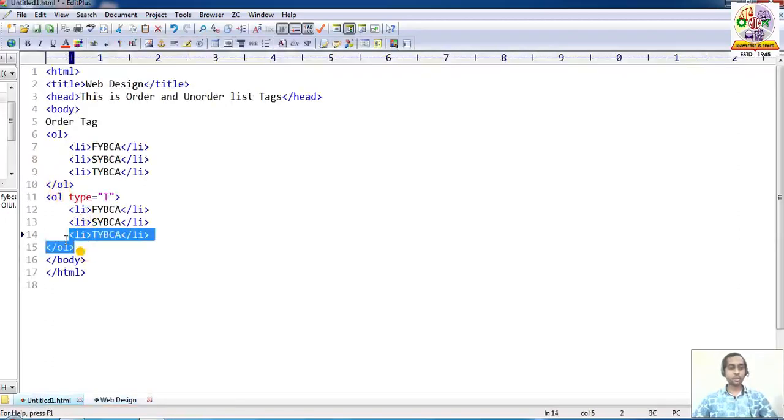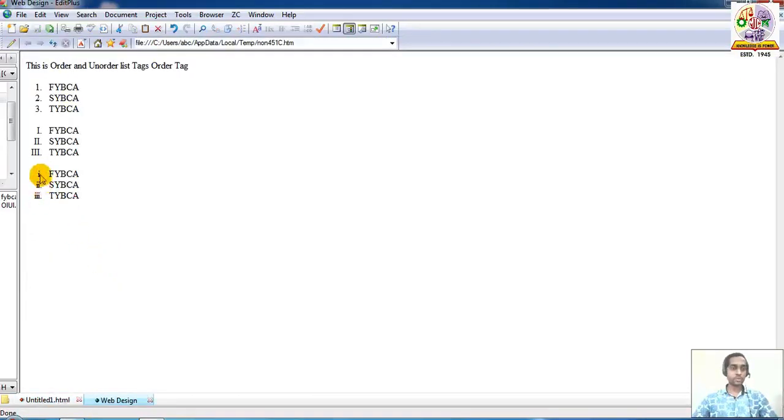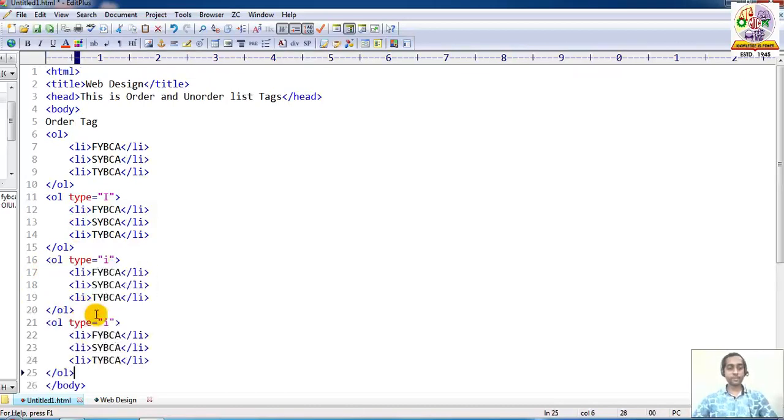Then we also write the next type, small i. Execute again, the sequence changes again. Then you can also change the format to small a.